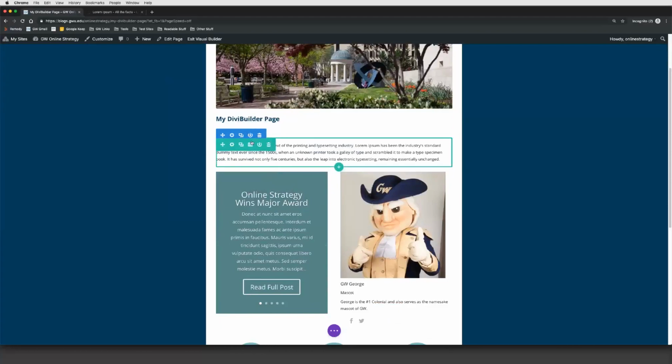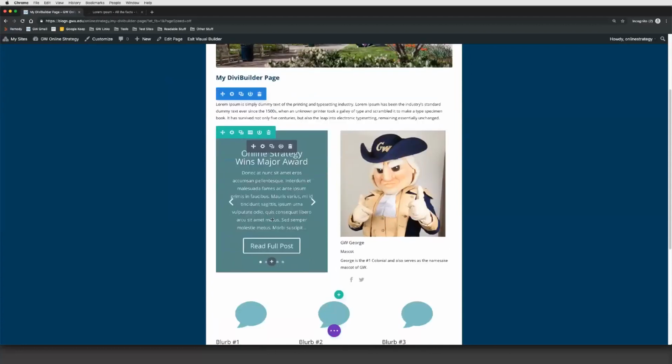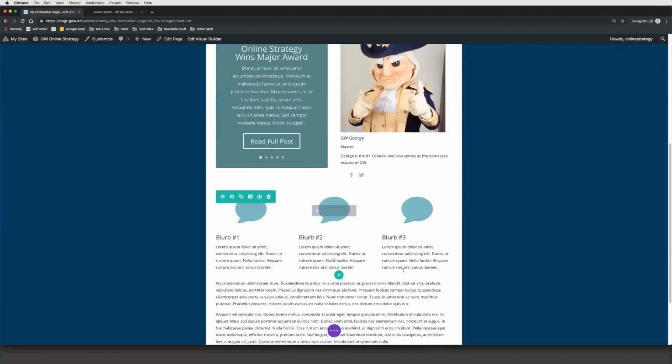So if you've used Divi Builder before, Gutenberg really has that same philosophy. The actual interface that you're using is just going to be a little bit different, and those are stylistic choices, but the philosophy is the same. It's about adding elements to your page in one place without having to go all over the back end of the admin and pull things together. But you can have one page that's using Divi Builder, one page that's using Gutenberg, and for now, you can have another page that's using the classic WYSIWYG editor, and there should not be any conflict between using